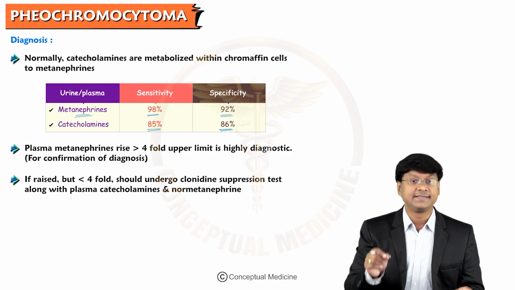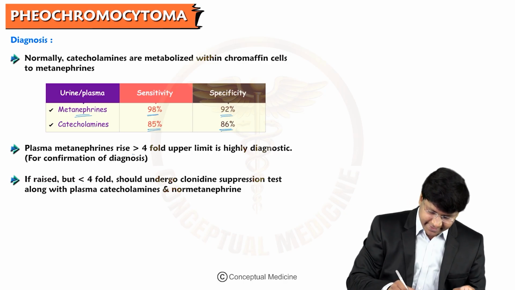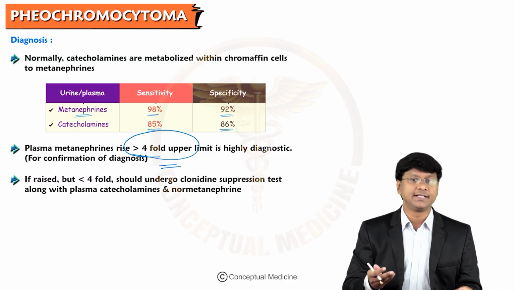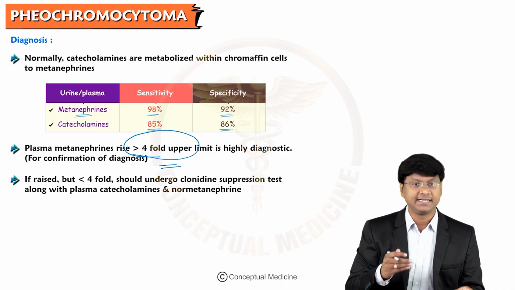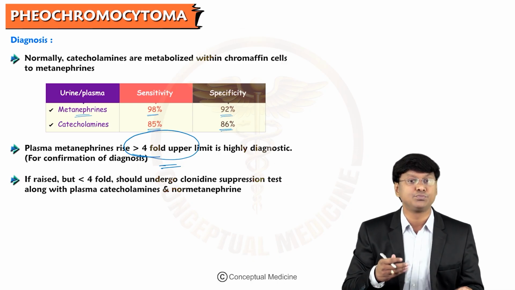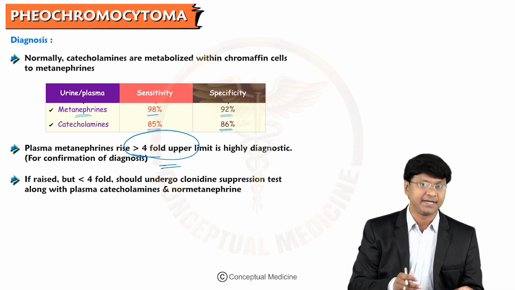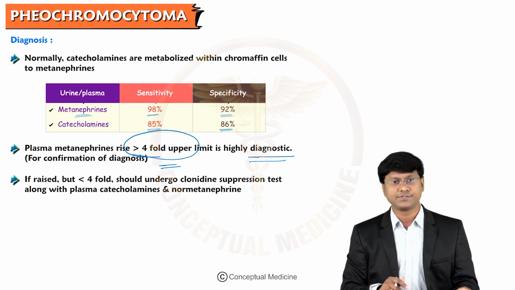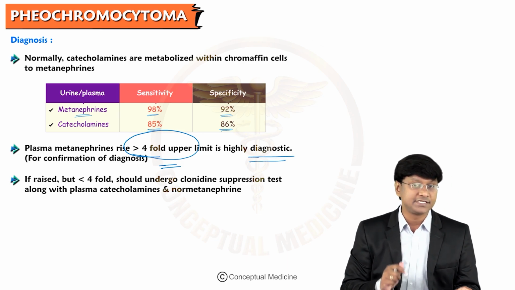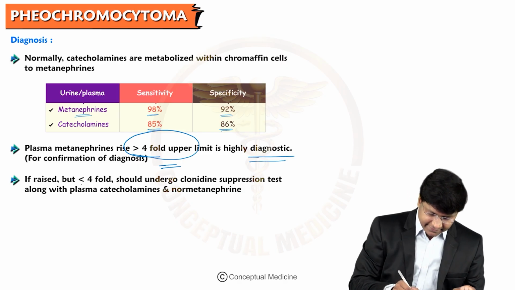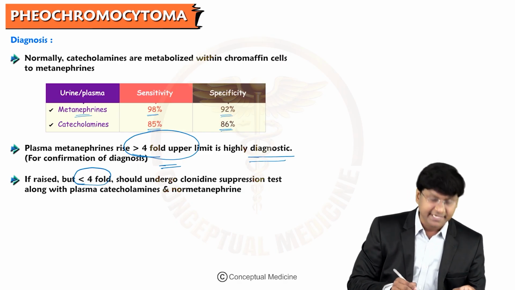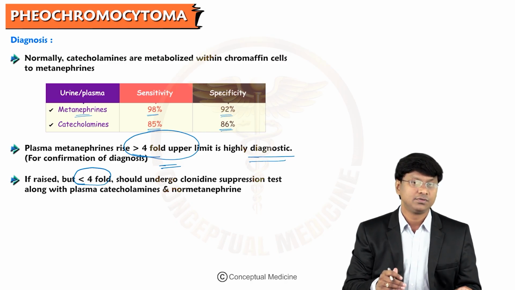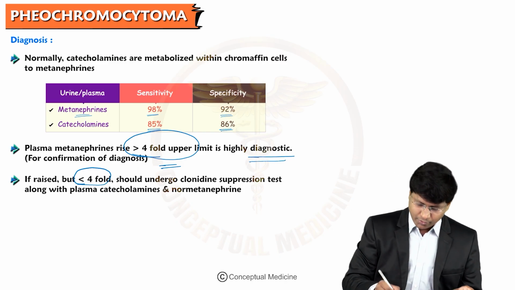Please remember, the level of the metanephrines that should be elevated is more than fourfold the upper limit. That is highly diagnostic of your pheochromocytoma. But suppose the level of the metanephrines that are elevated is less than fourfold, they should undergo clonidine